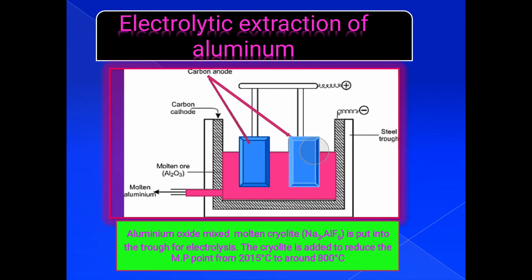For that reason, they react with the oxygen that is produced here when oxygen ions are oxidized to oxygen atoms, and the result is formation of oxygen gas. So this oxygen gas reacts with the carbon electrodes to form carbon dioxide, and for that purpose, the electrodes have to be replaced